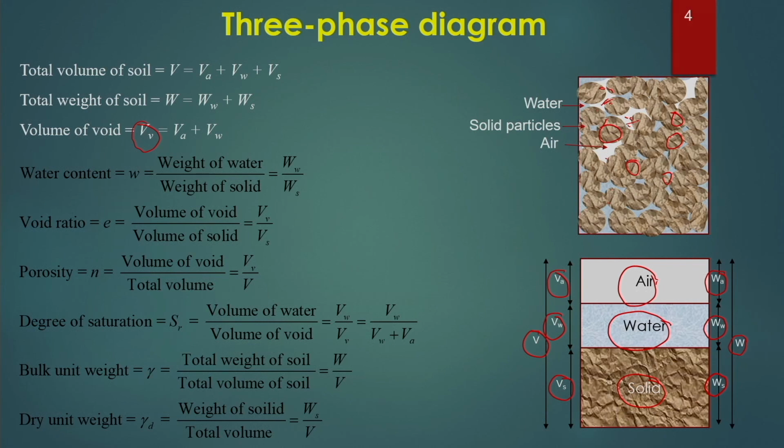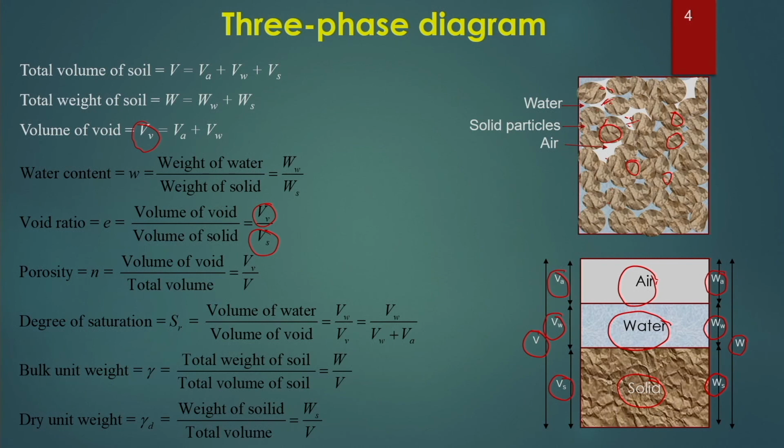Next is the void ratio. Void ratio is the ratio between the volume of void to the volume of solid. Generally, this value is more than 0, and again this value can be any value. Say for example, if we take a sand, it can be 0.3, 0.4. If we take a highly expansive soil like sodium montmorillonite, it can be up to 35, 30. So, depending on the soil type and how much water it's holding, the void ratio can be of different values, but it should be more than 0.